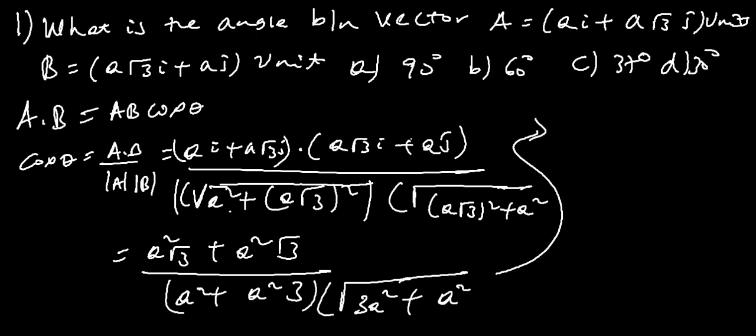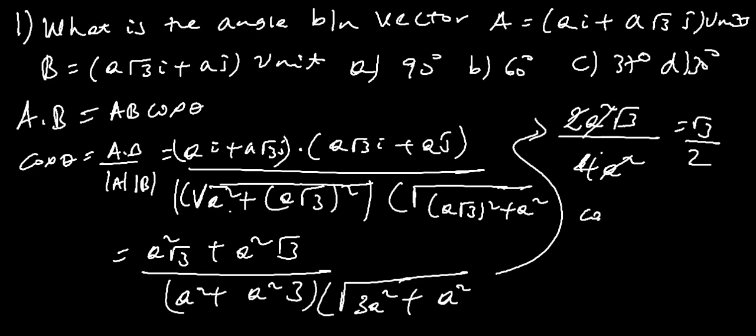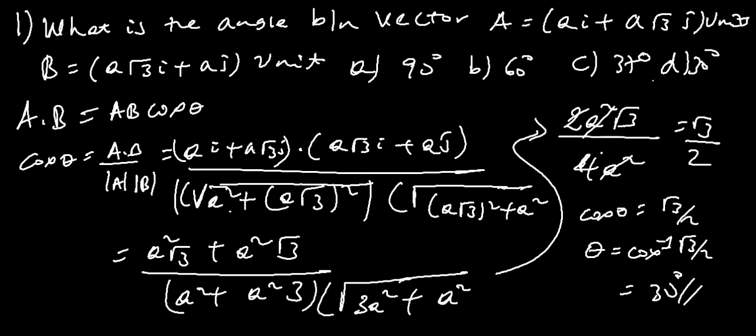this is equal to A square root 3 plus A square root 3 is 2A square root 3 over የዚህኛው ደግሞ ምንድነው የሚሆነው this is equal to 4A square ማለት ነው A square by A square 1 ስለዚህ root 3 over 2 ማለት ነው therefore cos theta is equals to root 3 over 2 theta is cos inverse of root 3 over 2 ስለዚህ cos inverse of root 3 over 2 is 30 degree ማለት ነው ስለዚህ 30 degree is the answer